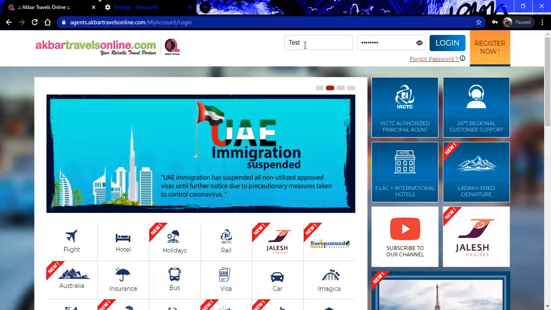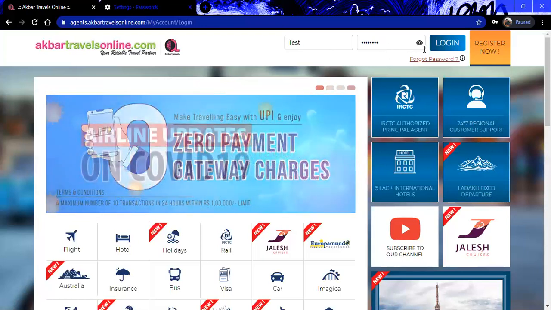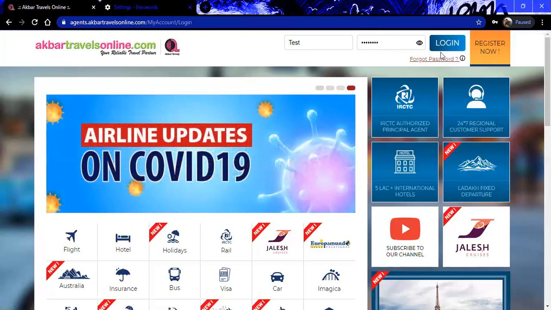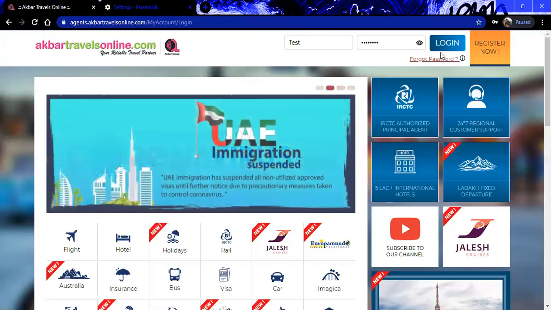The second thing is, whenever you enter a correct password and log in, the system will pop up a box asking for the OTP. The OTP pop-up box will be in front of you.